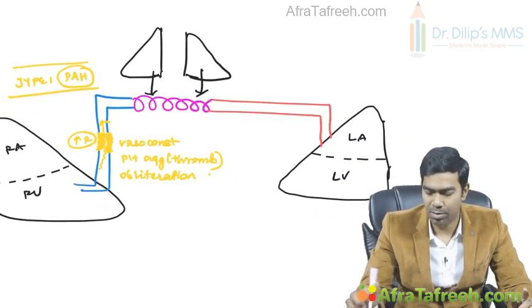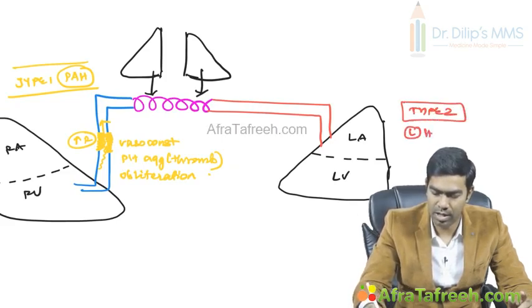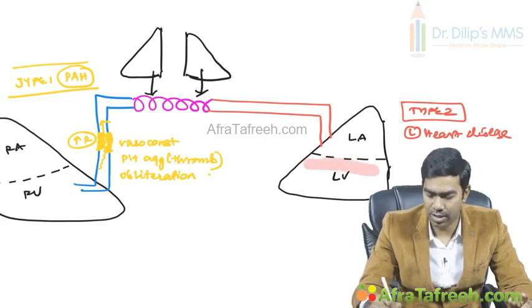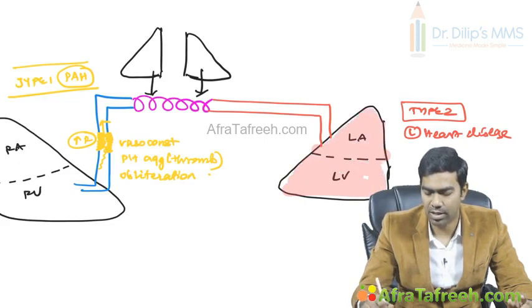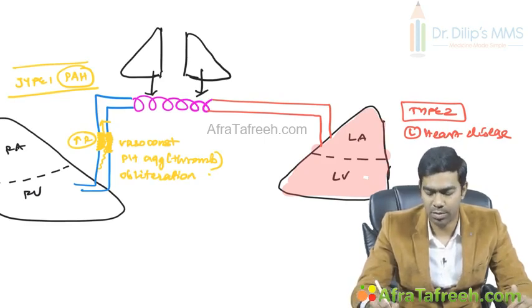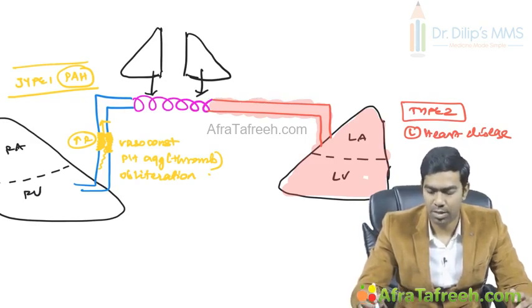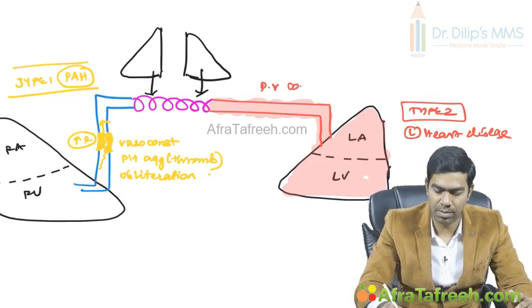Then type 2, as I told you, it's due to left heart disease. This is the type 2 pulmonary hypertension. This is due to left heart disease. Left heart disease means the disease could be in the ventricles, or disease could be in the valves, or disease could be in the atrium also, but whatever may be the fact, that will result in poor ejection of cardiac output from the left side, which means there will be passive congestion and accumulation of the blood in the pulmonary veins, because of the failure of the pump, backflow will be there, which will result in pulmonary venous